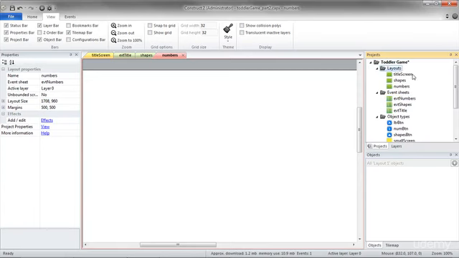Right click layouts again, add layout, add event sheet, and we'll call this one letters. So these are the three games we'll be playing: shapes, numbers, and letters. And we'll rename this event sheet EVT letters. Okay, so now each one is probably opened up in your tab here, and they all should look very similar,